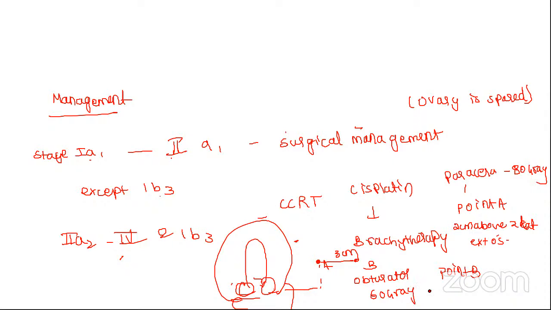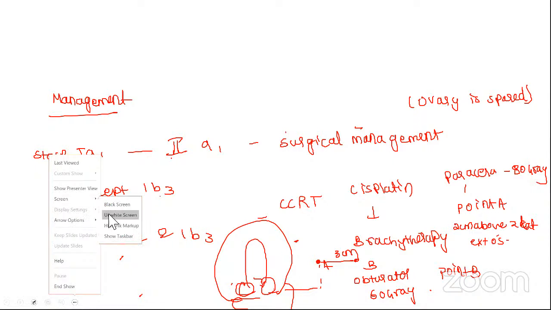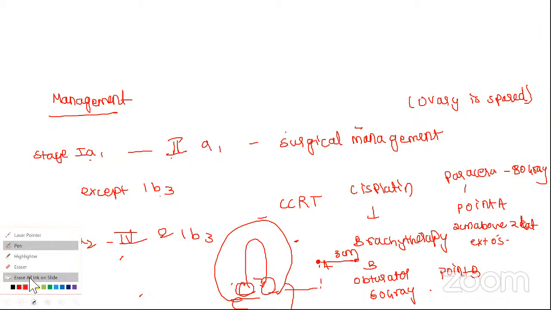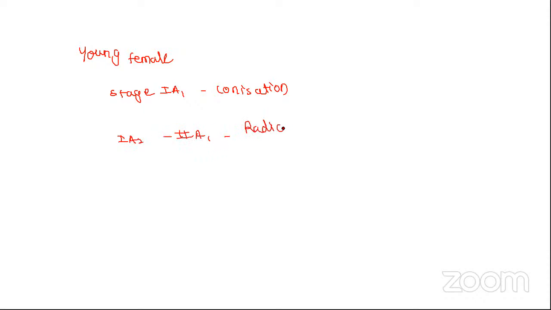These are the most important points pertaining to your CA cervix. You know this much, more than enough, right? Another important point: in young women, what can be the sparing surgery? What are the uterine preserving surgeries you can do for a young female with CA cervix? Stage 1A1, go for conization. 1A2 to 2A1, you do radical trachelectomy,